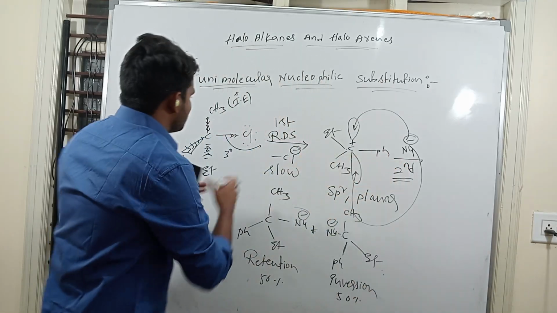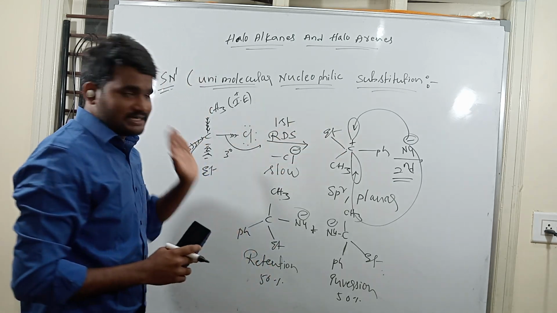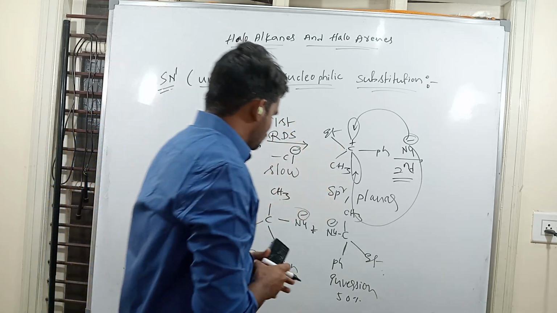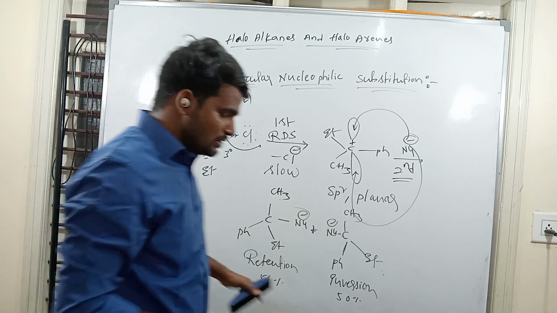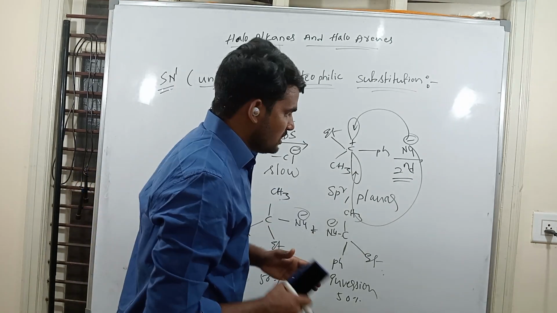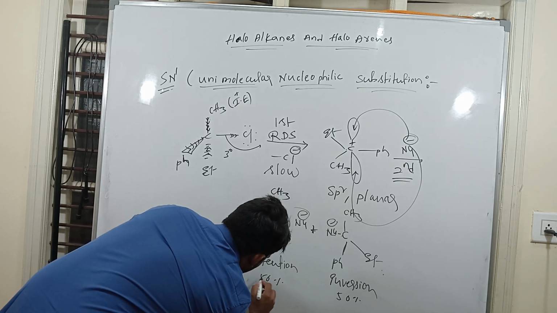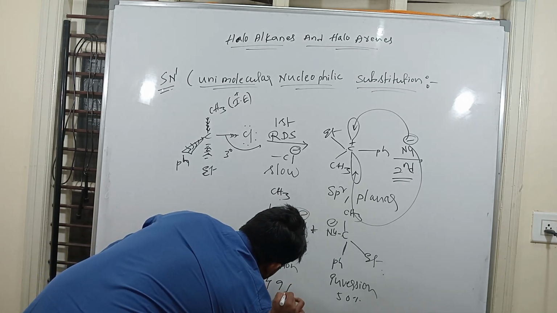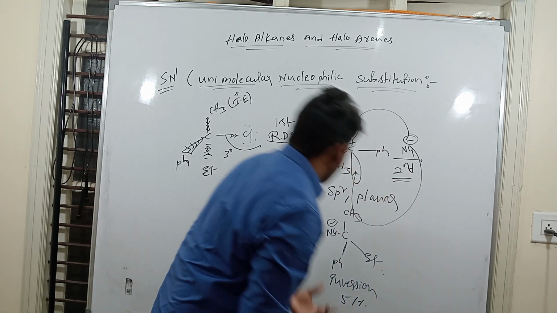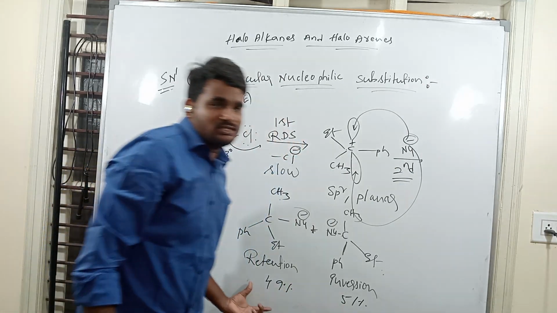So when the nucleophile attacks from the front side there is some disturbance because the leaving group is there, but the back side is easily attacked with no disturbance. The back side is attacked quickly to form the product, so inversion dominates retention. That's why 100% racemization is not possible. Partial racemization is possible: retention is around 49% and inversion is 51%, because inversion dominates retention. That's why